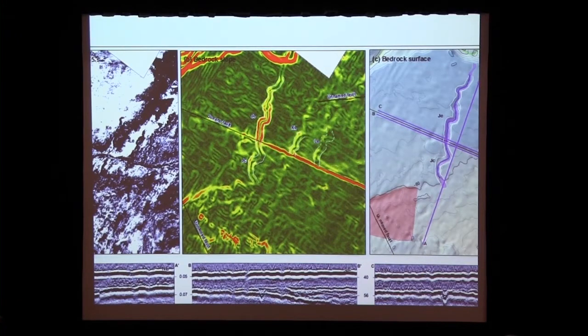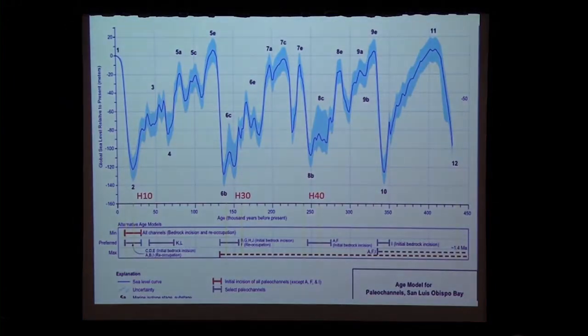These channels here, this channel here, we don't see any offset on that. Again, you can apply the 6 meters as saying that it could possibly be offset by 3 to 6 meters. Okay, so again, we're just using our model to determine what the ages of these things are. This is a preferred age, another preferred age in here. We think these are the ages they were formed. And using these ages, this is what we come up with, which I think is a pretty interesting picture.